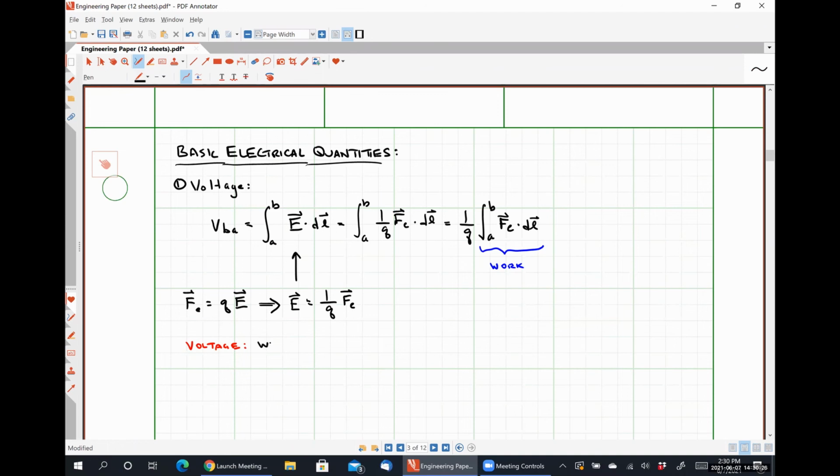So it's the work or energy per unit charge required to move 1 coulomb of charge between 2 points in a circuit. Now, this definition is